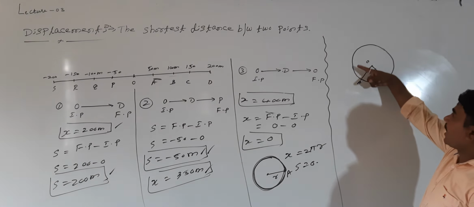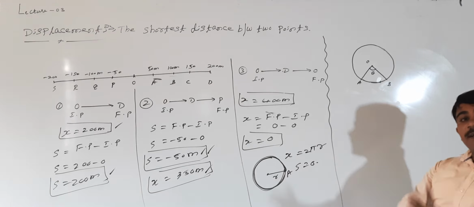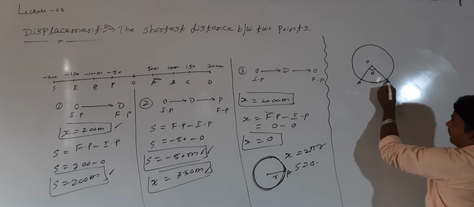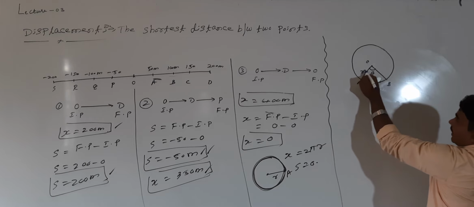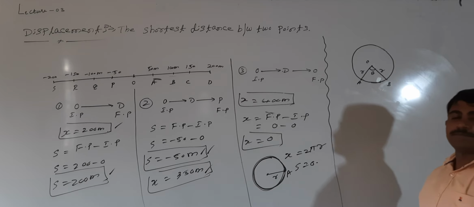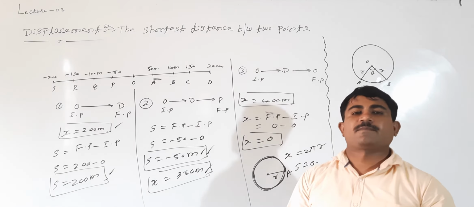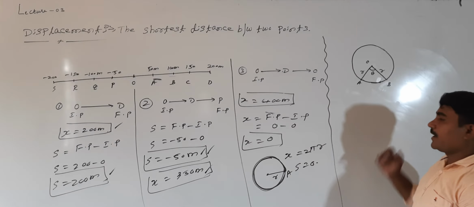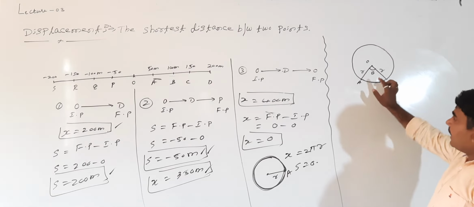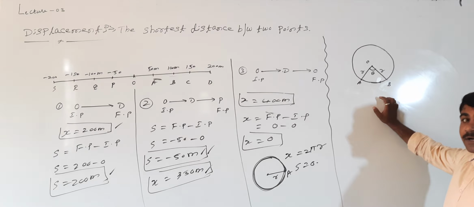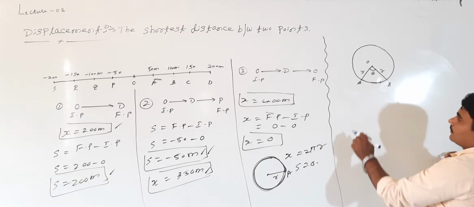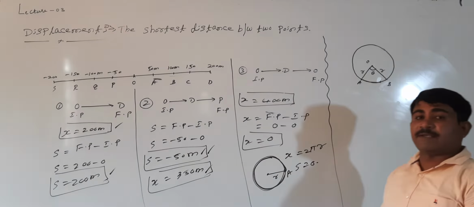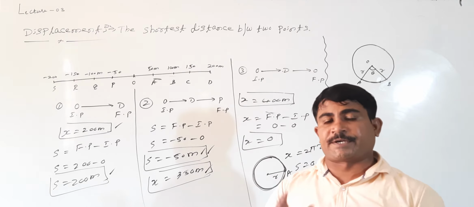The particle moves in a circular path. How does the particle move? The particle moves from A to B by radius R. Are you following this? How do we calculate distance and displacement? Look at me here. You know the angle is the length of the arc divided by the radius. AB is nothing but the length of the arc. AB is nothing but the distance traveled by an object.